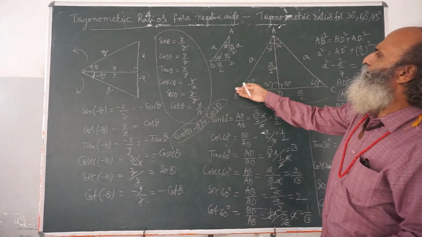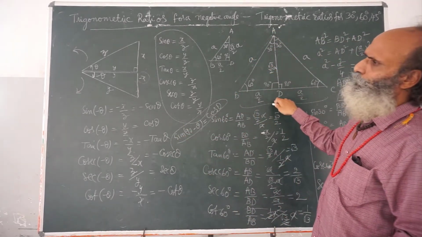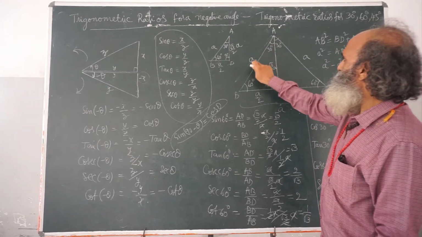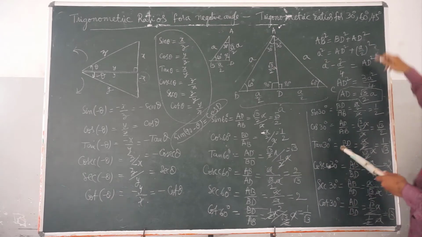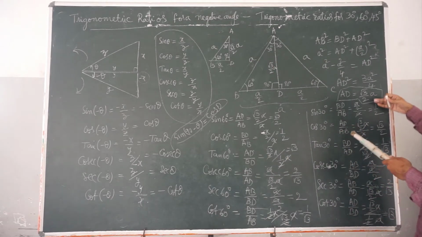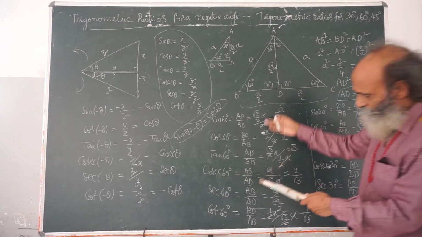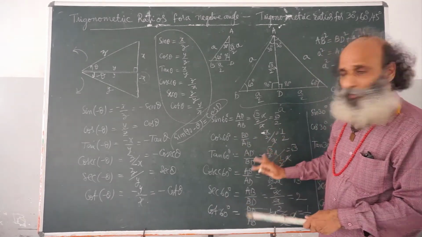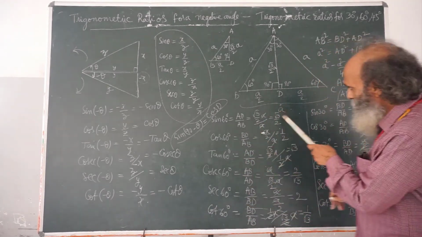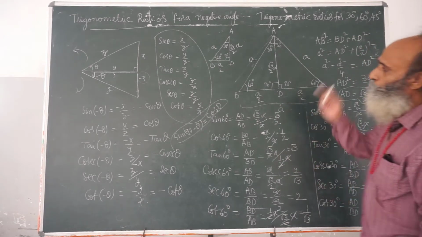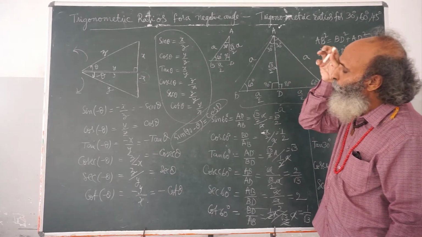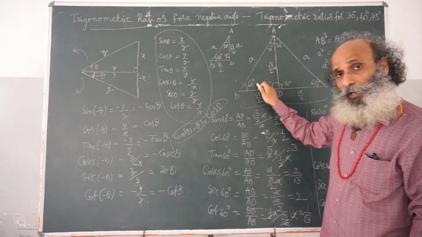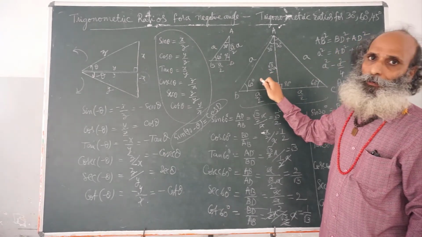And we have taken a side to be A. A can be any number. Whatever the number is, this is not dependent upon A. In the 30 degrees six ratios and 60 degrees six ratios, we did not at all get any A. That means it is independent of A. We have got fixed values. Therefore, the trigonometric ratios are independent of the length of the side. They are mainly dependent upon the angle.